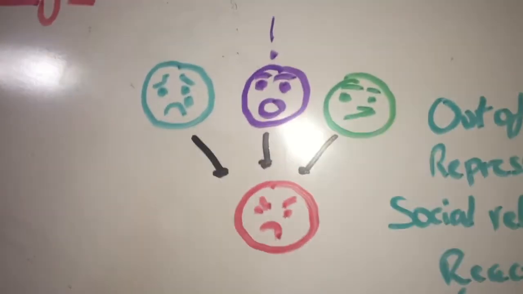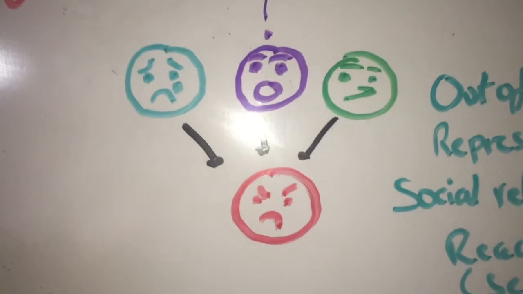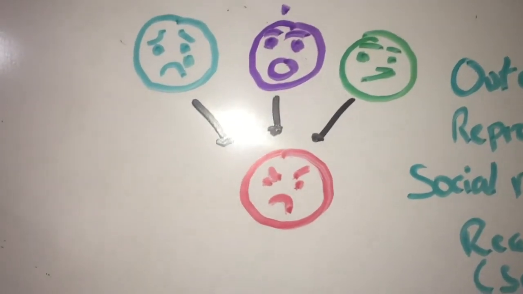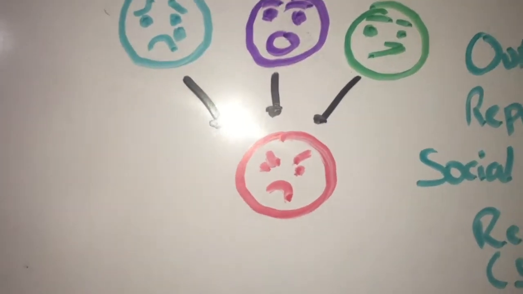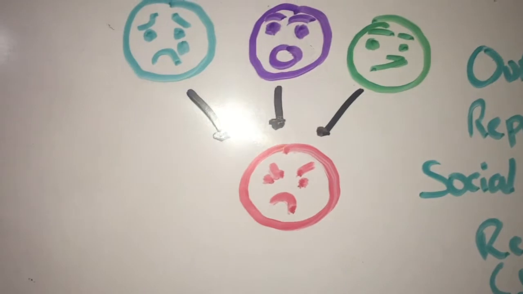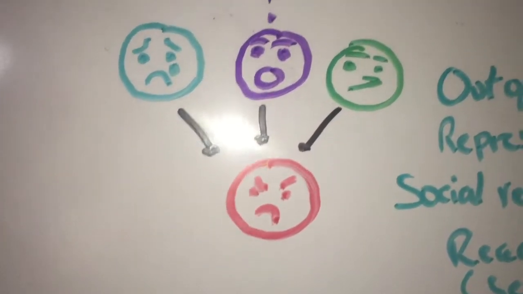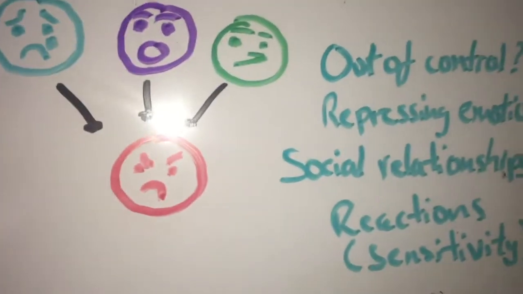Now, this drawing here basically shows how anger usually has a lot more emotions behind it, and that anger is not a lone emotion, if we can call it that way, but a combination of many emotions. Anger is just the way that these repressed emotions usually express themselves towards the environment around.